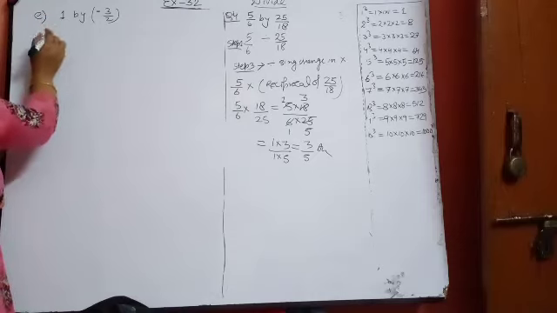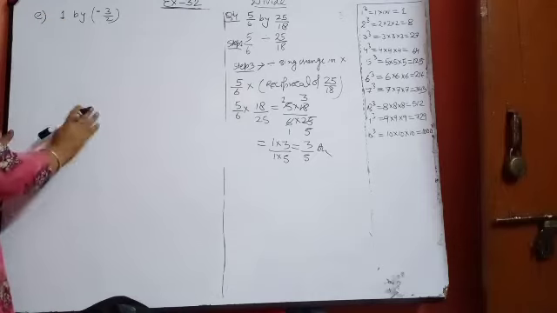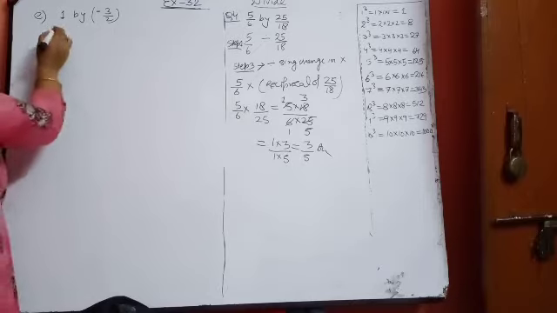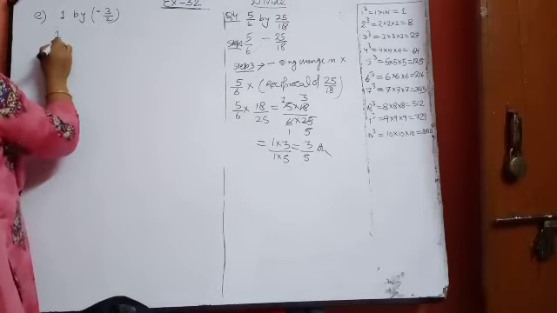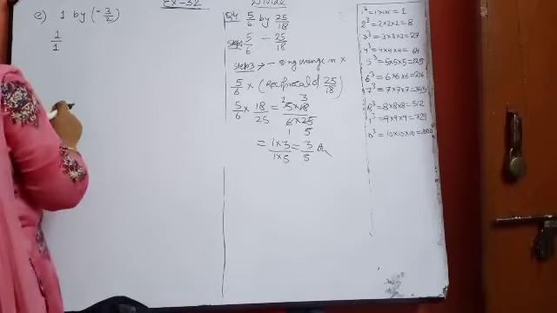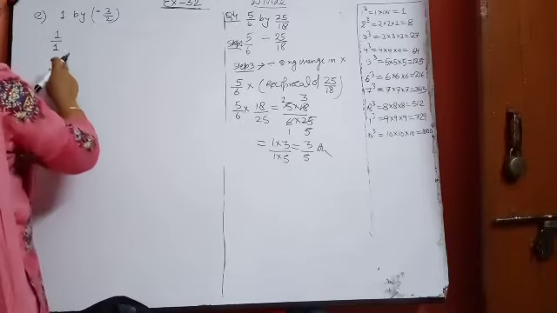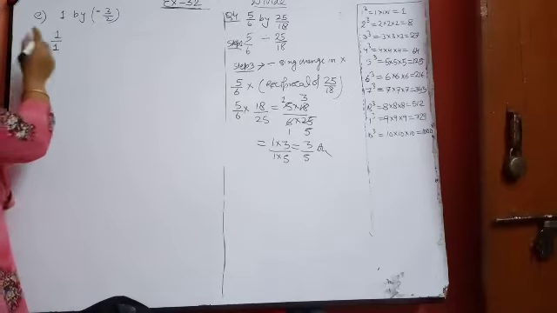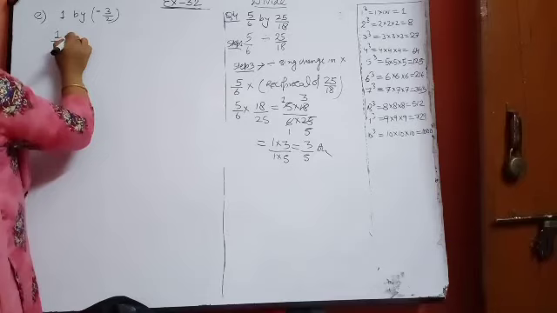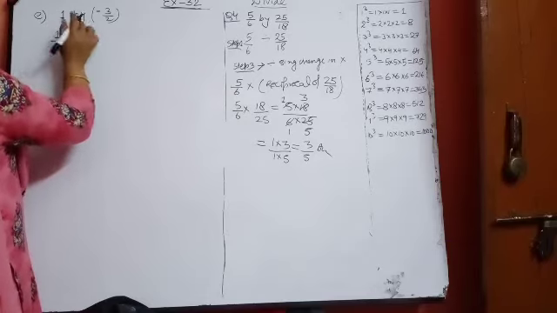So how will I do it? First of all I will write 1 in the form of a rational number. How will I write it? 1 upon 1. I taught you how we write a rational number: always writing 1 as its denominator. 1 upon 1, divided by, because it is a division question,